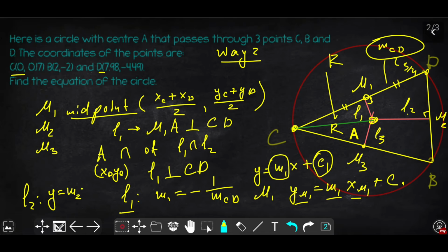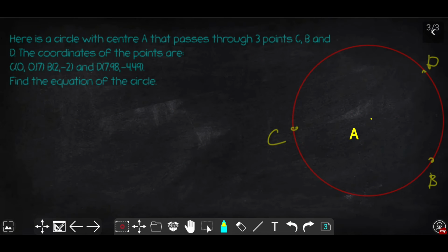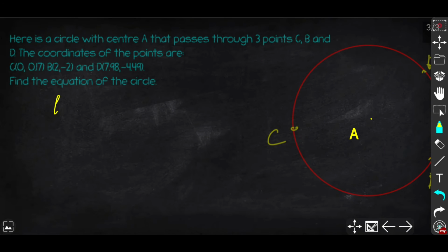We have two equations and they are linear, so that's the main positive thing, right? They're both linear, so we can combine them into a system of equations. So one more time, what we know, I just duplicate here. We know the equation of line 1, y equals m1x plus c1. We know the equation of line 2 is going to be y equals m2x plus c2. We can combine them into a system of equations, and hence we can find the coordinates x0 and y0,